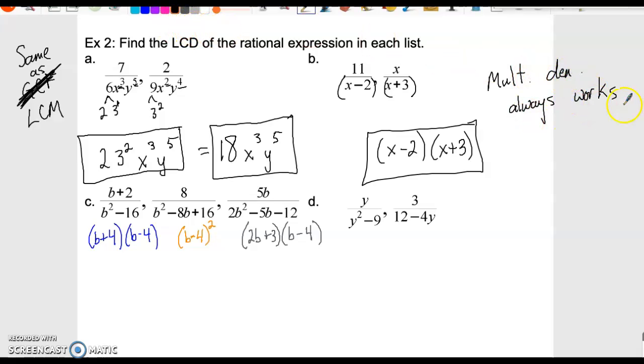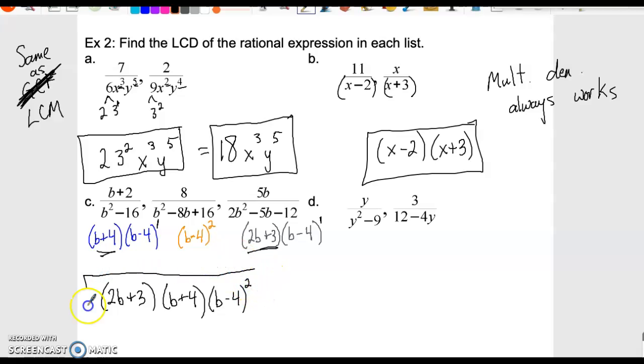So you could multiply all the denominators together and get a common denominator. It's just not the least common denominator. So as I mentioned before, you write down all of the binomials, so 2b plus 3. We have a b plus 4. Well, there's only one of them. And there's only one of the 2b plus 3s. But then there's lots of b minus 4s. We have b minus 4 to the first, to the second, and to the first over here. The highest exponent was to the second. So this would be your least common